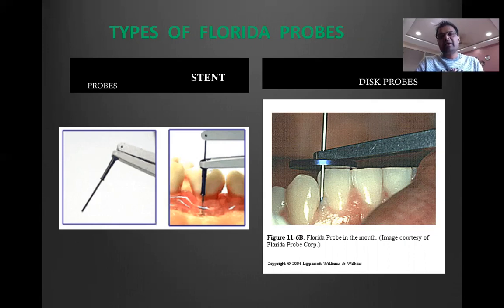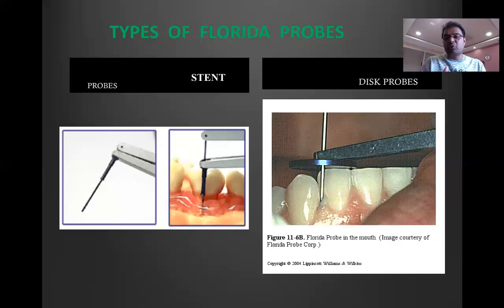So that's why there is something we call a stent. That's why you used a stent, which always acted as a fixed point. So that's why the disc probe, what you see on the right side, is much better than what you have seen on the left side of the screen. The disc probe rested on a tooth. So every time I insert in that particular area, it would sit in exactly the same area. If I'm not placed in the same area, then the computer would beep and tell me that I'm not in